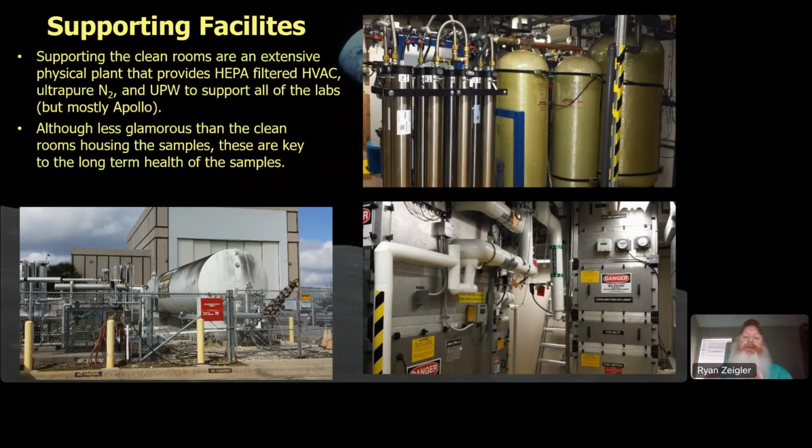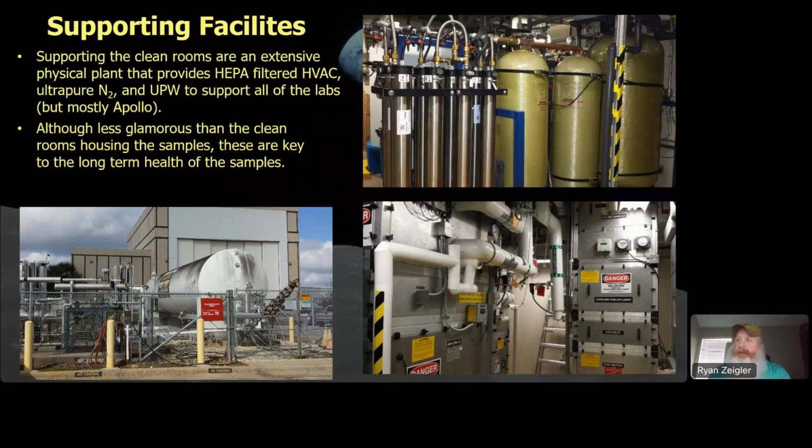So the shiny clean rooms are the most obvious example of what's protecting the samples, but those clean rooms don't work without the underlying physical plant that supports them. And so we have 10 different HEPA filtered HVAC systems throughout the building, 3 of which are dedicated solely for the Apollo labs to provide clean air to the labs. We have to keep the power supply steady. And so I think those of you who got an email from me or sent me an email a month ago would have noticed we had a big power outage as we were hooking up our brand new whole building generator into the system, so that now we have a more consistent power supply.